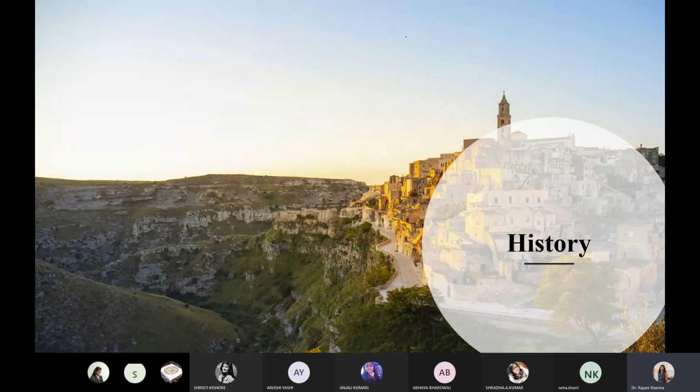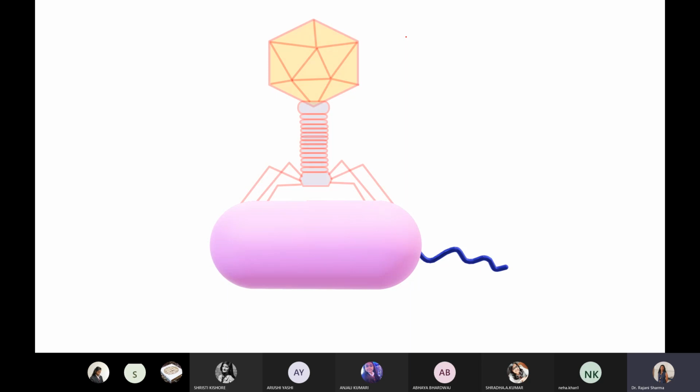Before moving further on restriction endonuclease, first let's have a look at the history. From where was it known that restriction endonuclease is present inside the bacterium? Basically, it has been isolated from bacteria. So in the 1950s, what happened? It was seen that certain bacteria are there. Bacteriophage. What is bacteriophage? Viruses that infect bacteria are known as bacteriophage. Yes, that is bacteriophage.